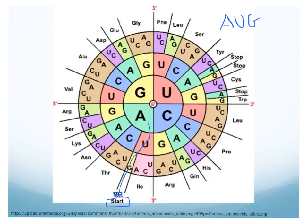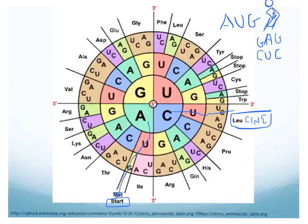and these are all abbreviated here a little bit. So for instance, this is leucine, the full name of that amino acid. So you might have CUC for leucine, and then the tRNA is going to match up with that, which is going to be GAG, and there'll be that tRNA with the little amino acid on top of it, and that's what will go into the queue. And then maybe the next code in the RNA is CCC, which is the code for